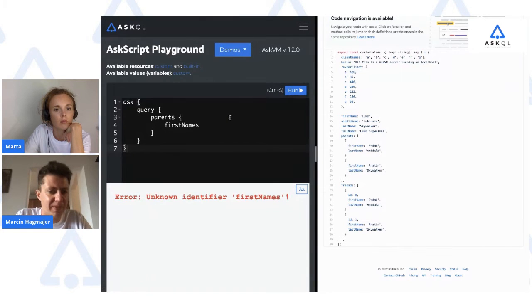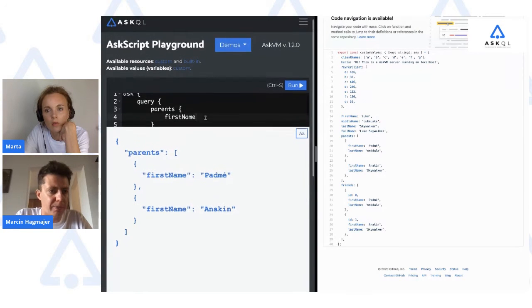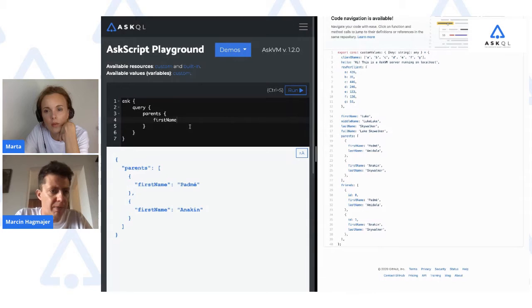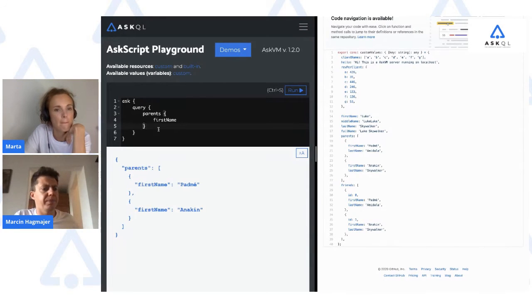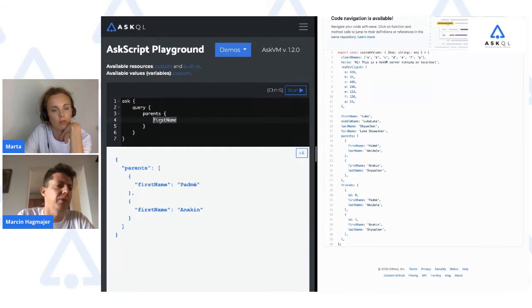So first name, you see, I made a mistake here, but over here you can see that just by using the query, I was able to be more specific about what I want. I not only said parents, but I said what I need from within the parents, and I got this back.